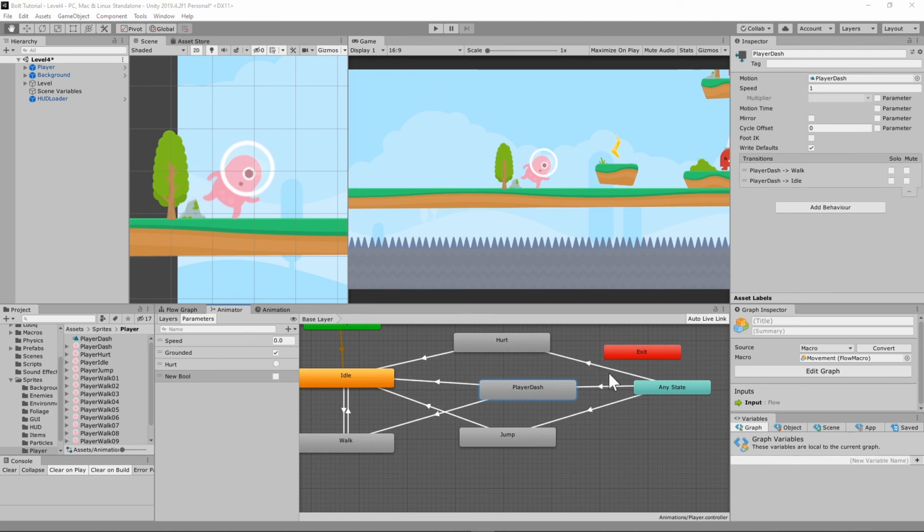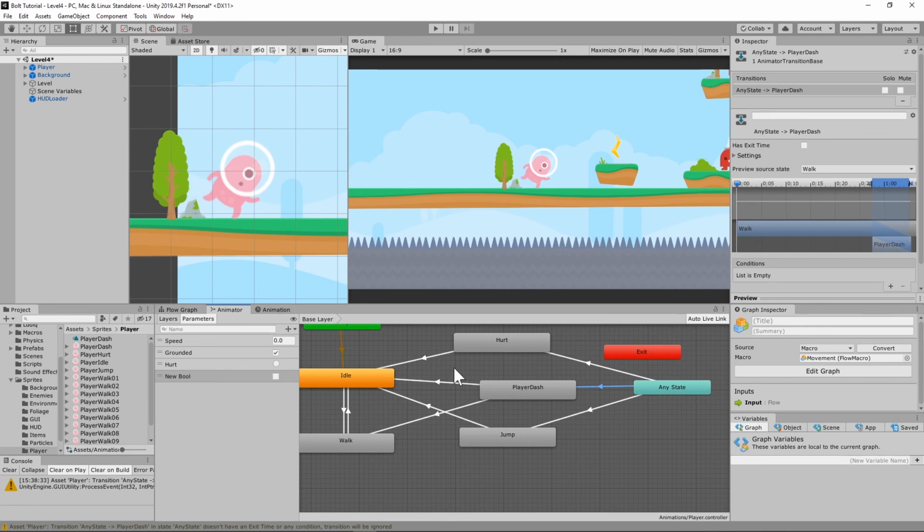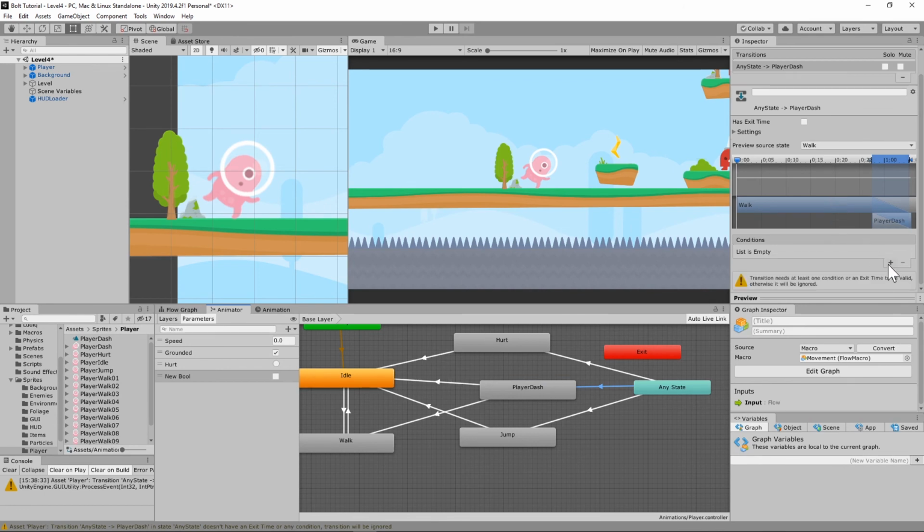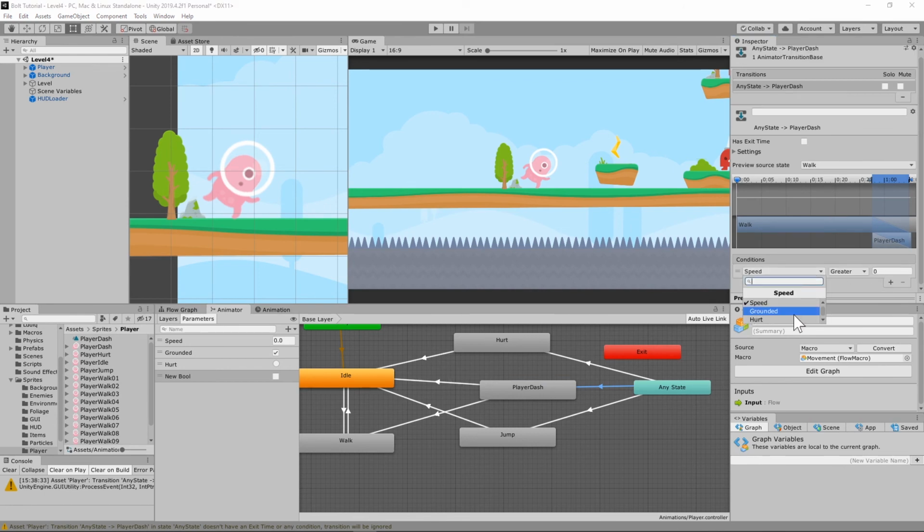Okay, now going to the transition from any state to player dash, we're going to need to set that up so we have a condition of dashing. Where's it at? Oh, you know what? I didn't name it. Let me fix that. Thought I had that fixed. Dashing. Okay. All right. So now we'll have when this is true from any state,